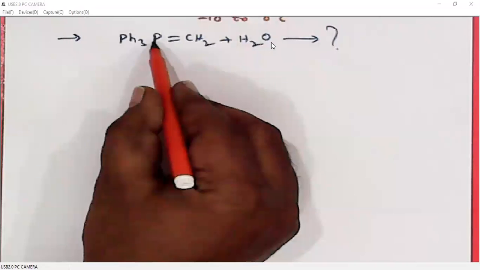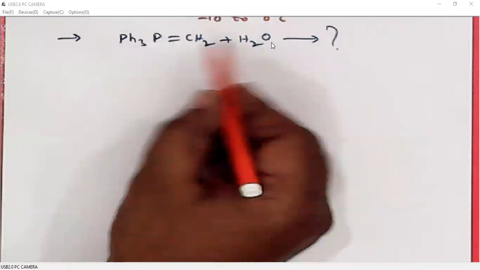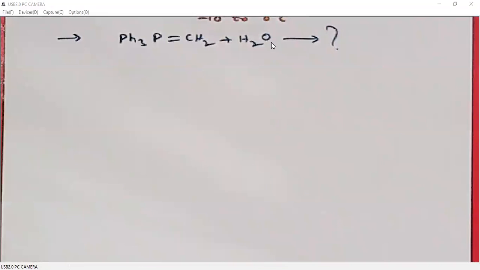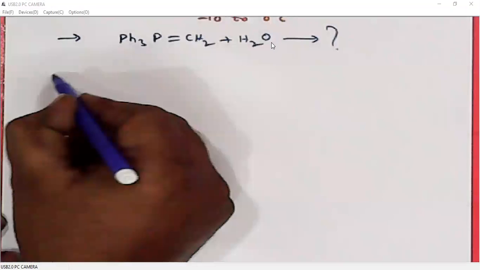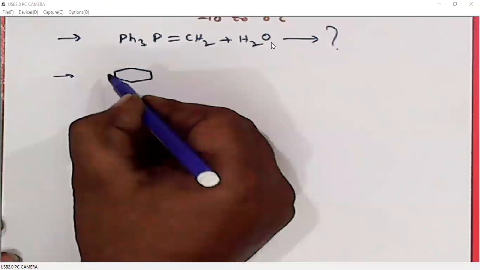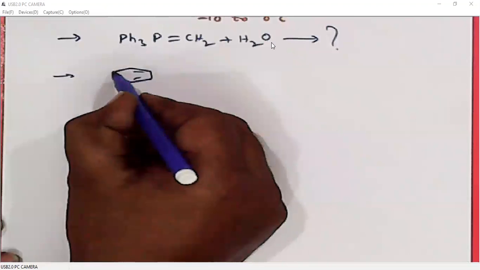Oxygen will pick up phosphorus, and carbon will pick up hydrogen. So it becomes triphenylphosphine oxide and methane gas. Now you can easily understand